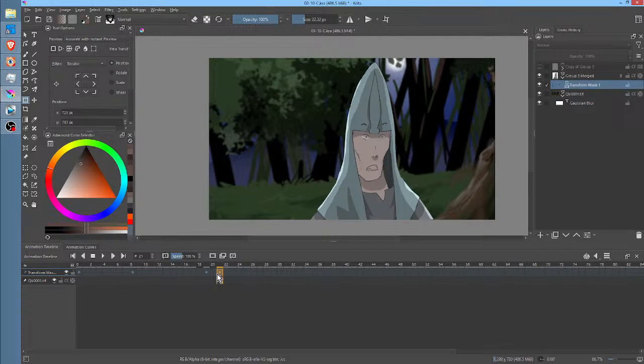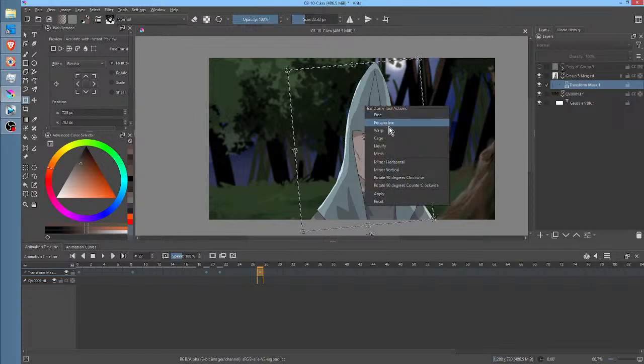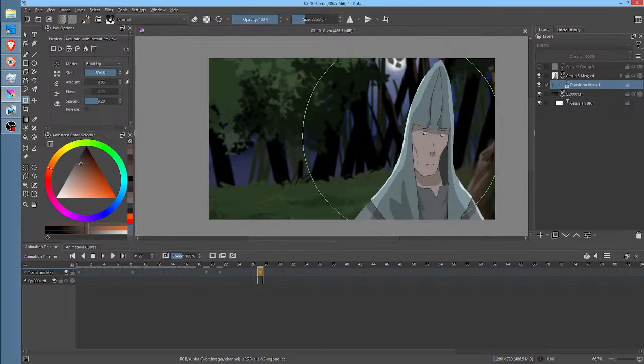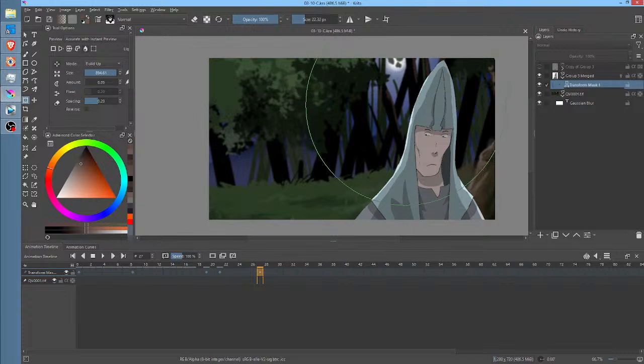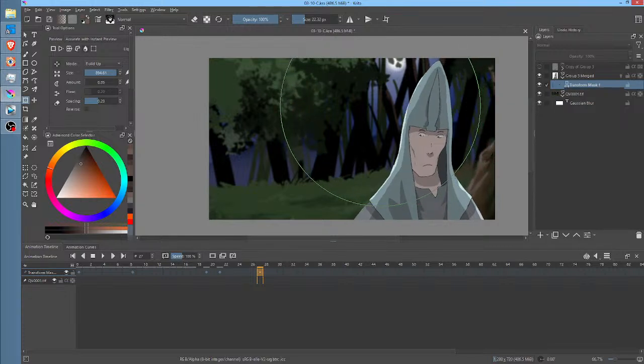Okay, so the final thing I want to say about transform masks is that, in a nutshell, anything but a standard transform does not work. Period. End of story. There's nothing more to say. It doesn't work. So the shortcoming of the software would be that you should not have the ability to even select these with the transform mask. You really shouldn't. If you do liquify, can you kind of sort of do it? Yeah, it does seem to work.